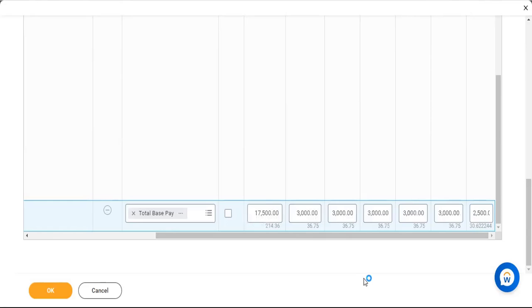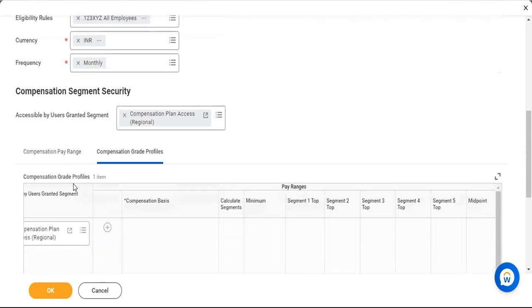Compensation number 1, 3,000. Compensation number 2, 3,000, 3,000. The percentage, 36.75%. The last one is 30.62%. If I change this also,